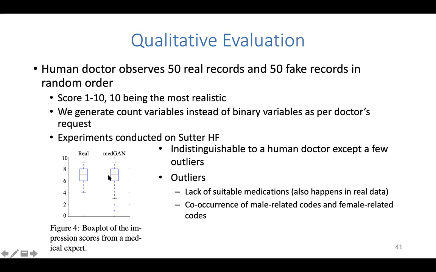This box is like one standard deviation, and I guess this is like two standard deviations. But there are some notable exceptions here. So 1 and 2 dots here, which means that some fake samples, like 2 fake samples out of 50, received really low scores, like a score of 2 and a score of 1 by the human doctor. And the reason for that was they were seemingly fake because some samples contained both male-related disease and female-related disease. So, for example,